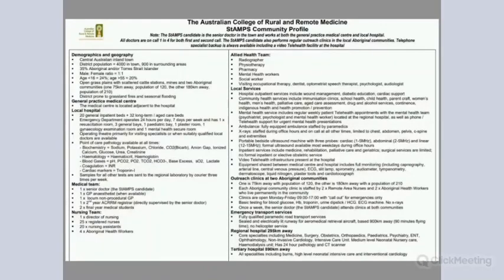This is the STAMPSville community profile, which hopefully you've all seen. As I said, you will be given this